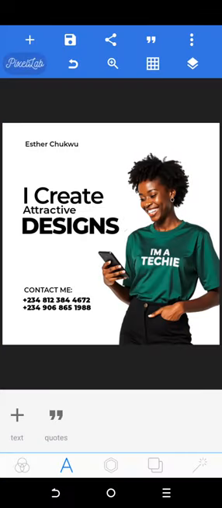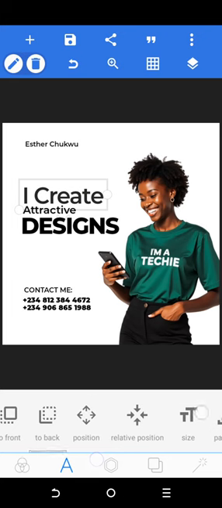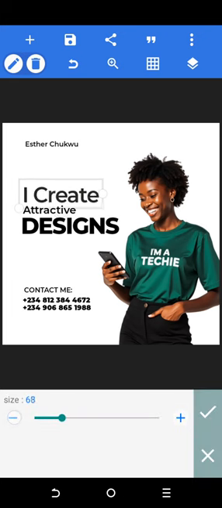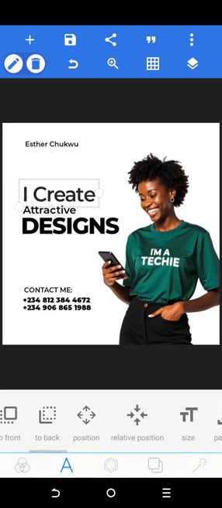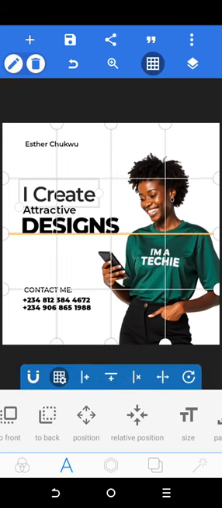All right, so anybody that sees this would know that. Then okay, let me reduce the size of this one too. So let's keep it to 65. Yeah, and then I would turn on my grid lines. So this is where you turn on your grid lines. I want this to come here, so I tap on this one that has the grid line. So I push it to where I want my work to